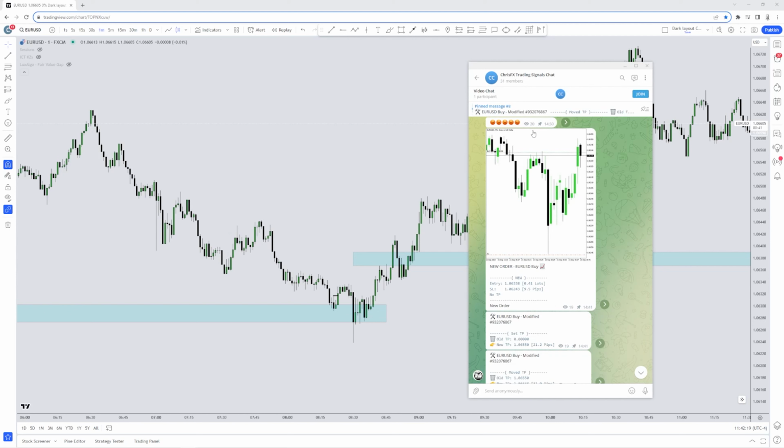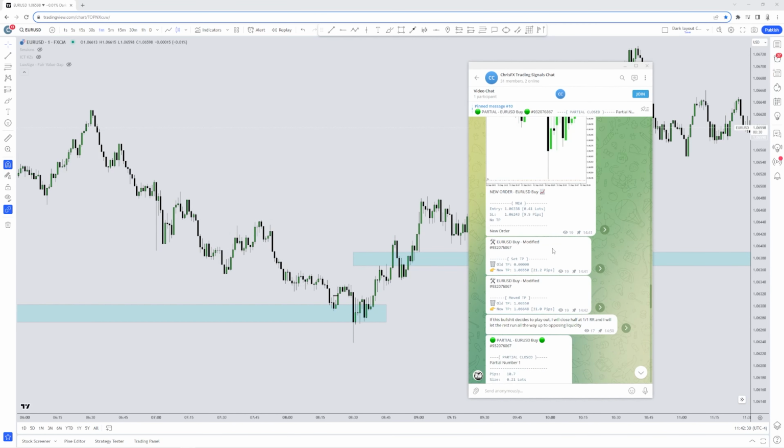When I'm entering the trades, it sends the image and the entry and the stop loss and everything that I'm doing. So compare this part with this part. It is the exact same spot. We bought exactly right here, closed partials, okay, and then moved the stop loss and the take profit, and then